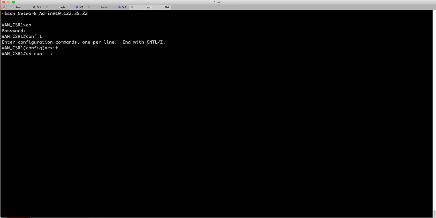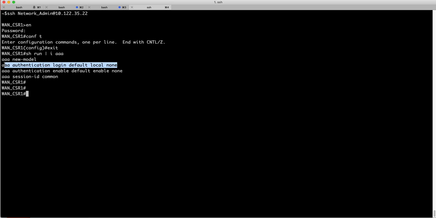I'm saying AAA. So three lines of configuration: aaa new-model, which is required for any AAA configuration. I start with aaa authentication login default local none. This is basically no authentication, because right now